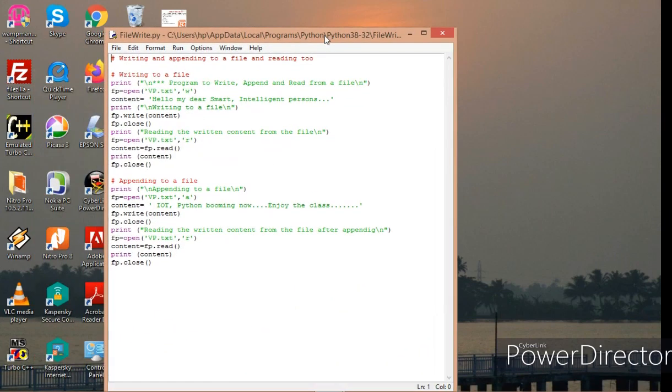Now let us see how we can write and append some content to a file, and we are going to read also. As I have just discussed, we can open the file in different modes. In the previous example, I had opened the lessons.all.txt file in read mode. That lessons.all.txt was a file which was already created. Now let's create one more file, and we'll create that particular file in W mode.